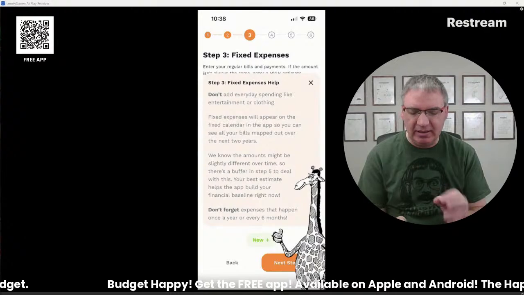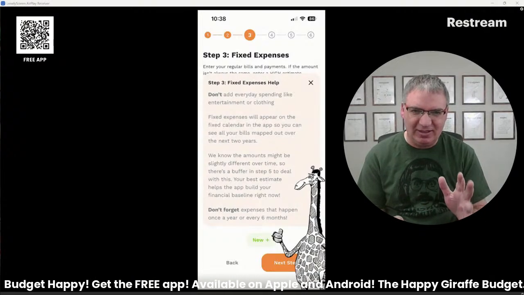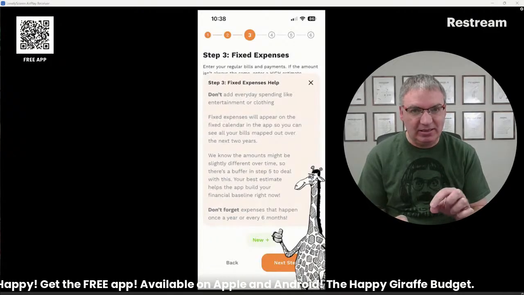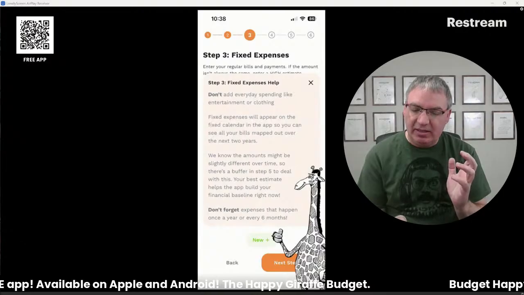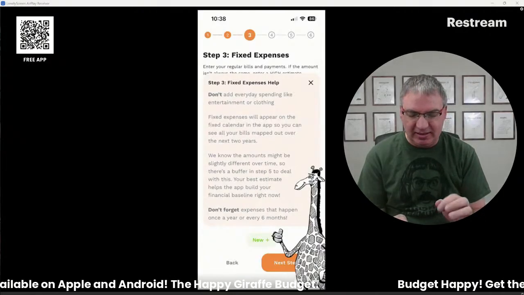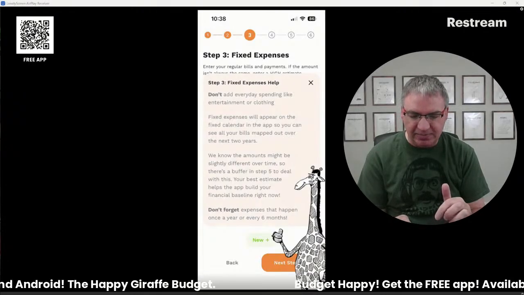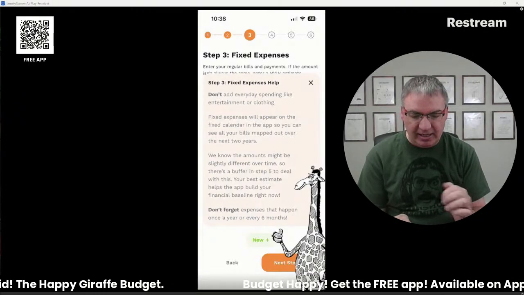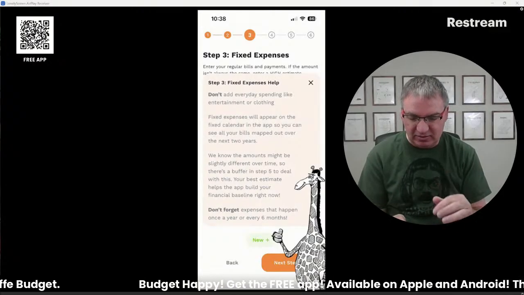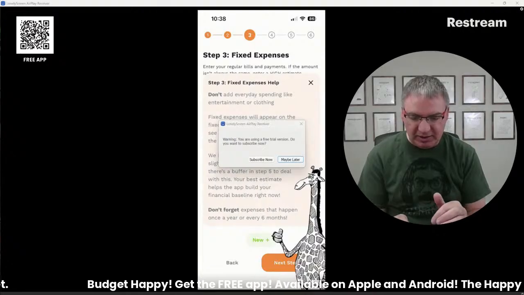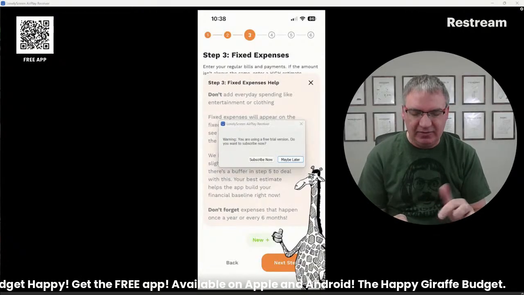That's probably the easy part. Just what you have right now, your income. Hopefully this is easy so far. But this part gets a little harder. So fixed expenses. These are just like bills, things that you know are going to happen, and you probably know how much they are. But you can add in all of them, like if it's once a year, if it's every 6 months, whatever it is, put all of them in here. And on this one, you're going to estimate high if it's different.